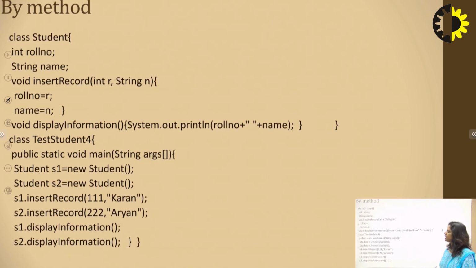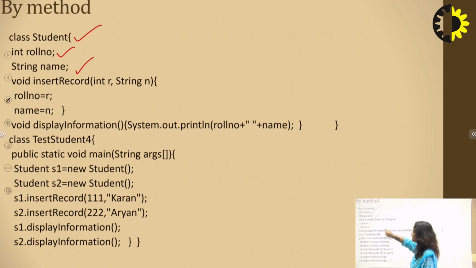So by using the method, in this example, we are creating a class Student again, holding the variables roll number and name. Only the declaration of these two particular variables. One will be of type integer, another of type string. Then we have another thing which is known as a method. Now, how do we declare a method in the Java programming language? It has a syntax.